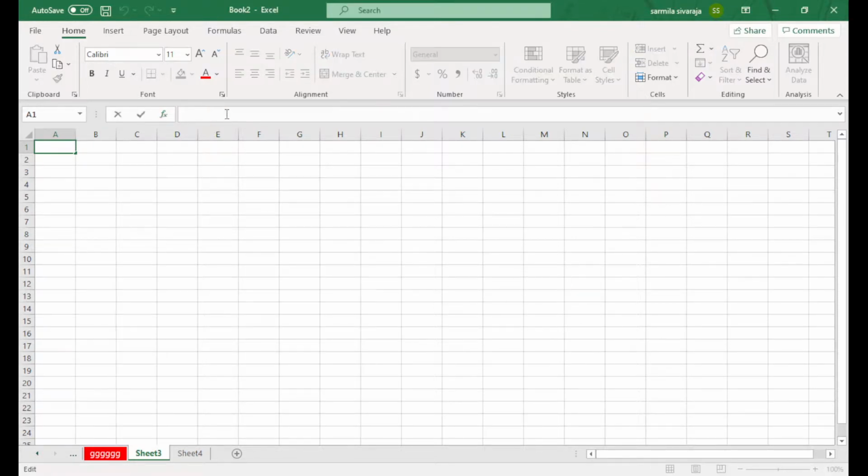So next one is called the formula bar. When you type something into the cell, the same thing is typed in this part also. If you wish, you can change it here also. Sometimes we cannot type all the formula in the cell every time. So that's why we can use this formula bar here. Just press enter, and it's going to show the output for you. Okay, so this is the basic layout idea.